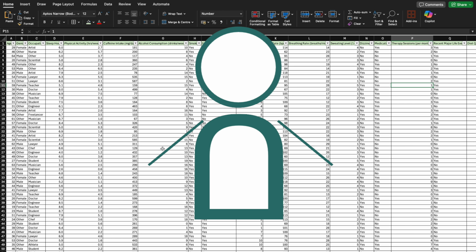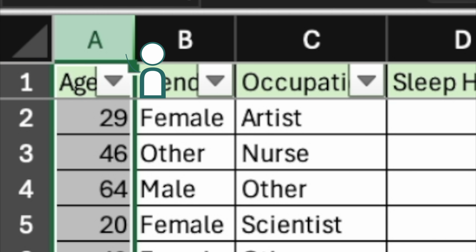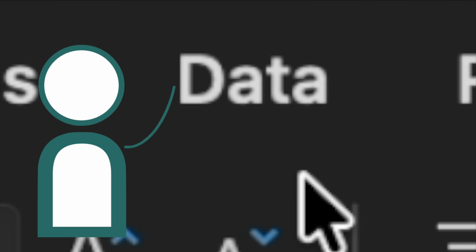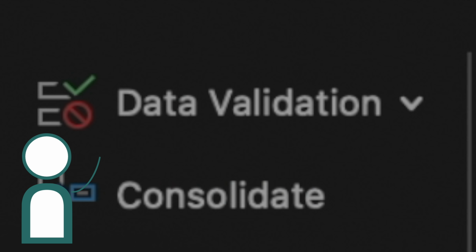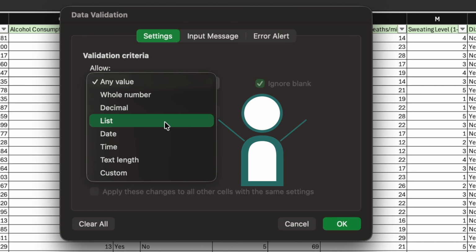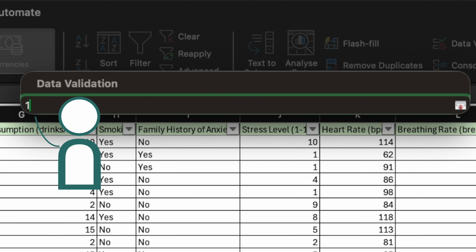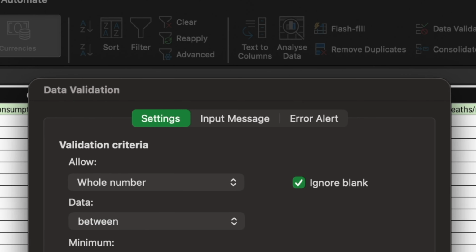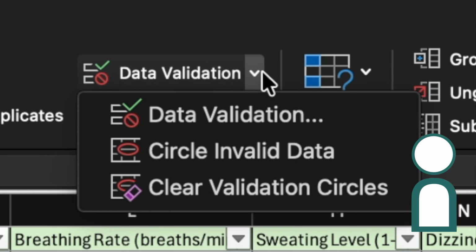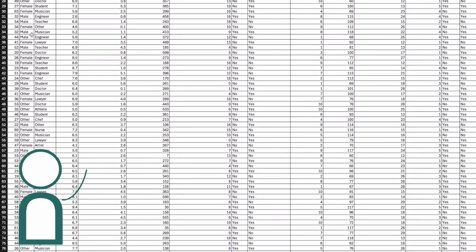So to check for the validity of the dataset, highlight one of the columns, go up and click on the data tab and go down to data validation and click here. So in this case, we want to allow whole number and then type in 1 for minimum and type in 120 and OK, and go up here and click on circle invalid data, and it will circle any invalid data